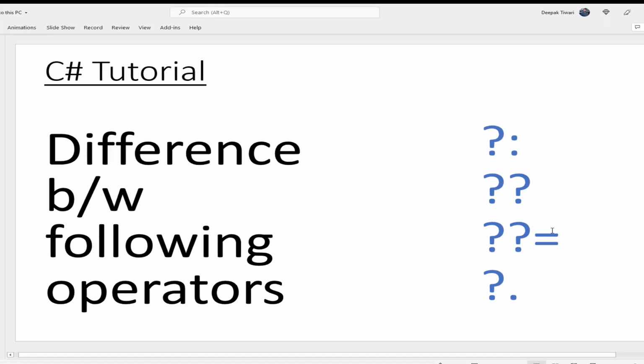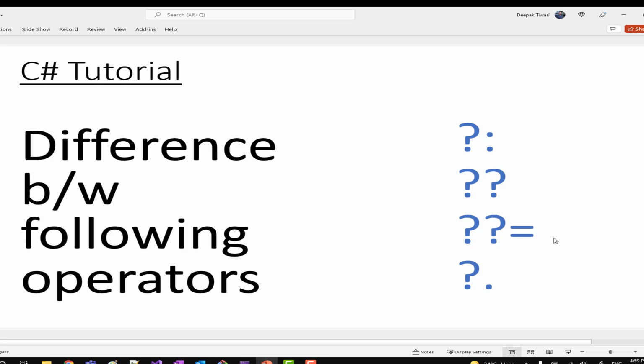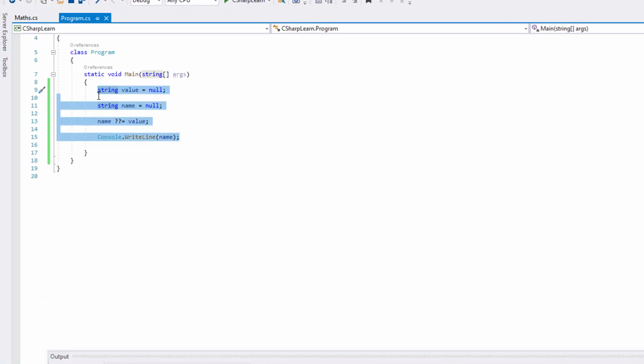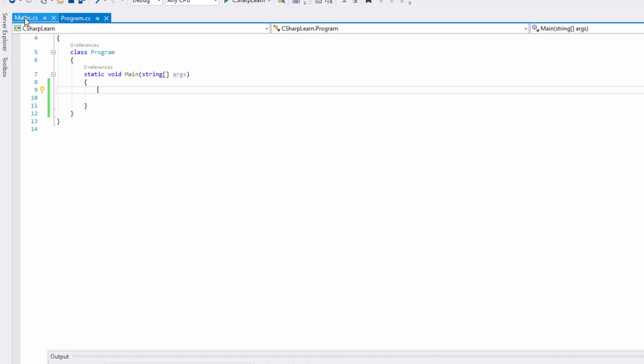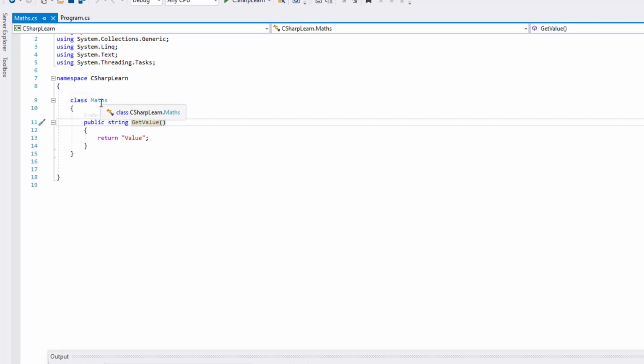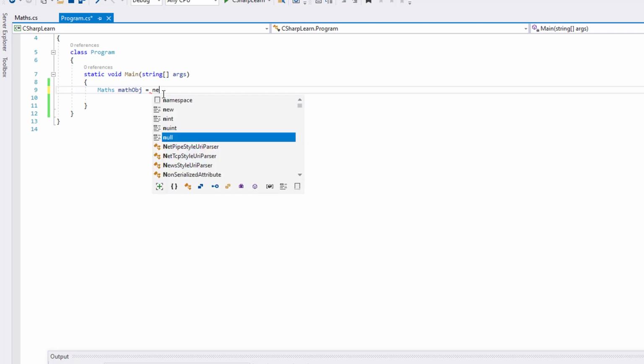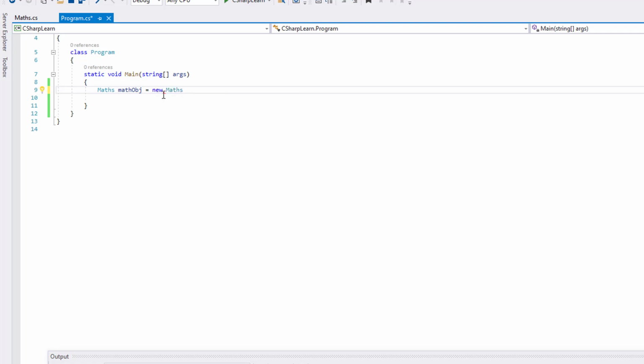Now let's come to this operator, which is question mark dot. For that, let me use one more class. Here I have this Maths class. In this I have only one method, which is GetValue. Now what I'll do is create the math object, let's say new Maths.